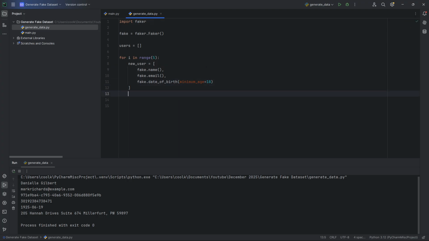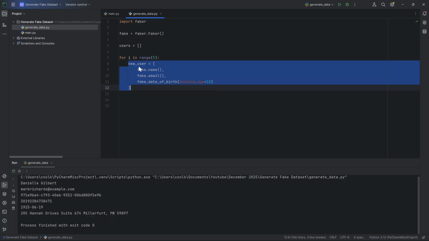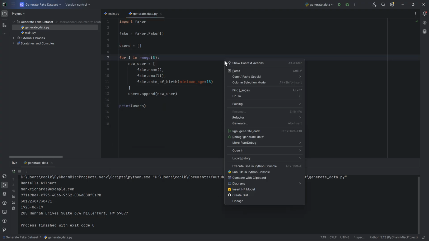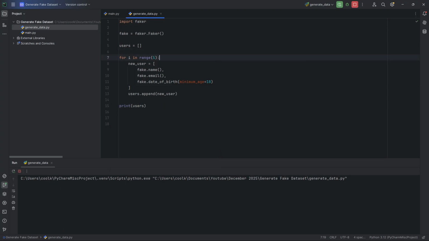And outside of that new user, I want to append that data in this list. So here I will write users.append new user. And outside this loop, let's print the users. So if I click run,